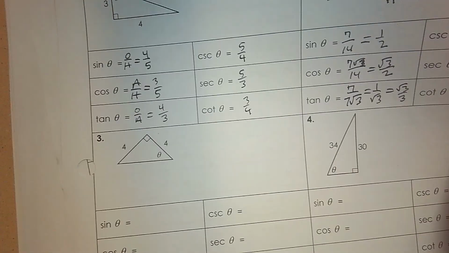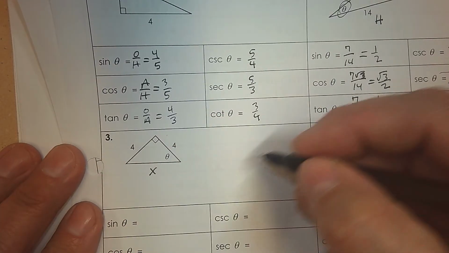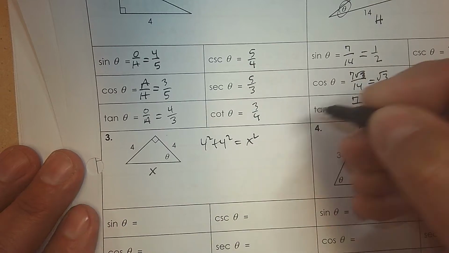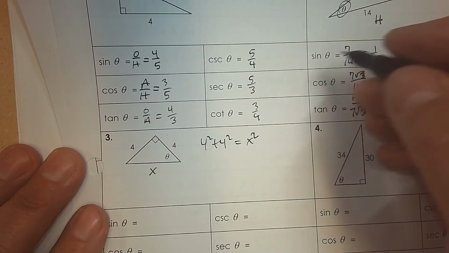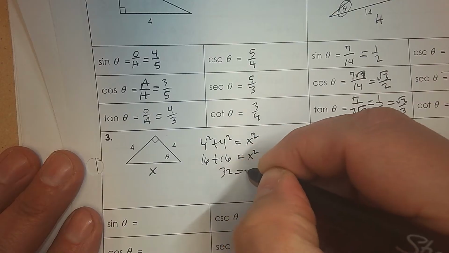Number 3. We're going to have to find the missing side here for number 3. So I can label that x. Recognize it's the hypotenuse. So it's 4 squared plus 4 squared equals x squared. So that's what I'm looking for. That's 16 plus 16. That's 32. And then the square root of 32,